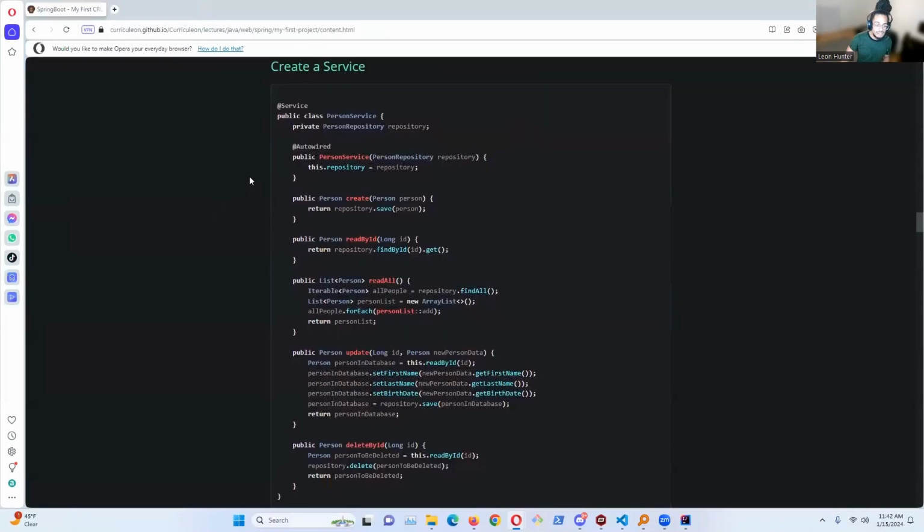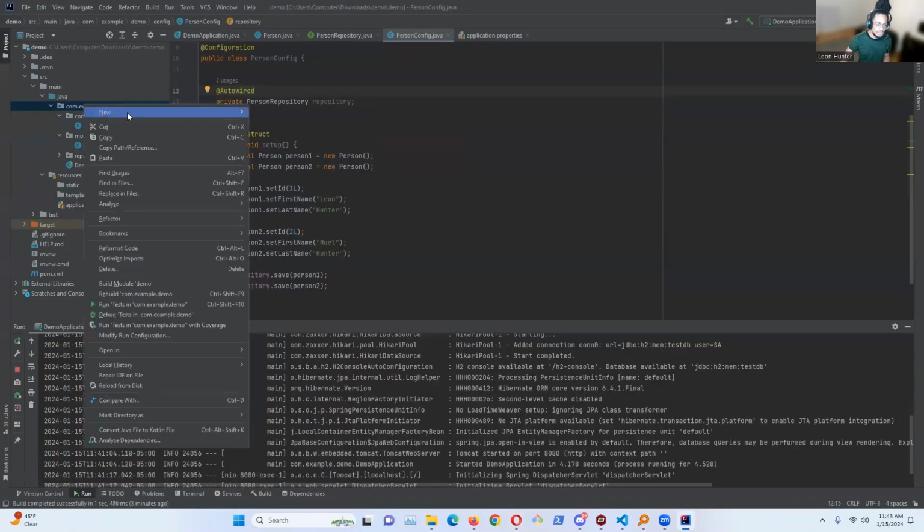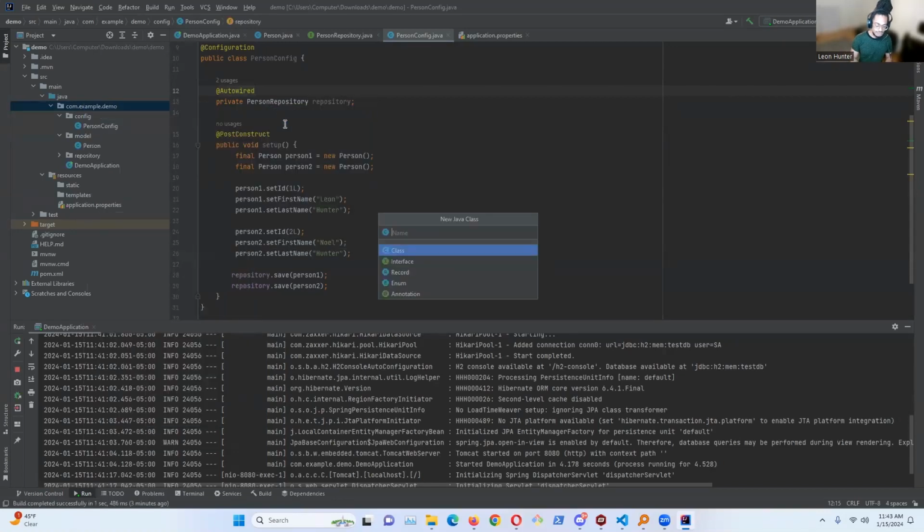Hunter. Our next phase is to create a person service, which is responsible for encapsulating the person repository and defining respective methods to be leveraged by the person controller. By convention, the service class should have support for creating, reading, updating, and deleting respective entities. We'll right-click, select New Java Class, create a package named service, then create a class within the package named Person